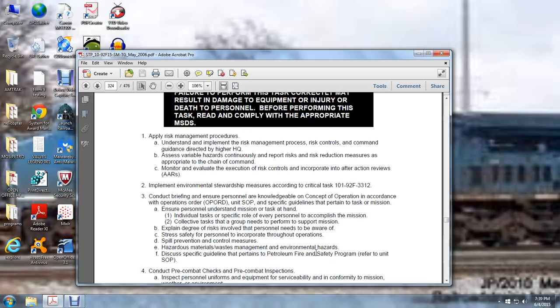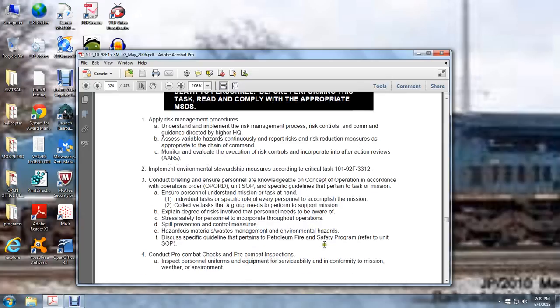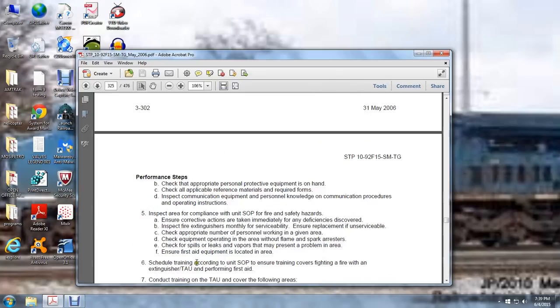Discuss specific guidelines that pertain to the petroleum fire safety program. Refer to the unit standard authorization procedures. Conduct pre-combat checks and pre-combat inspections, inspecting personnel uniforms, equipment serviceability, and conformity with mission, weather, and environment. Check the appropriate personal protective equipment is on hand. Check all applicable reference materials are required. Required forms, inspection, communication, equipment, personnel knowledge, communication procedures, operation instructions,